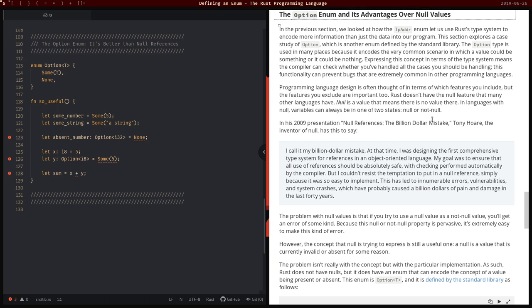Programming language design is often thought of in terms of which features you include, but the features you exclude are important too. Rust doesn't have the null feature that many other languages have. Null is a value that means there is no value there. In languages with null, variables can always be in one of two states, null or not null. In his 2009 presentation, Null References: The $1 Billion Mistake, Tony Hoare,